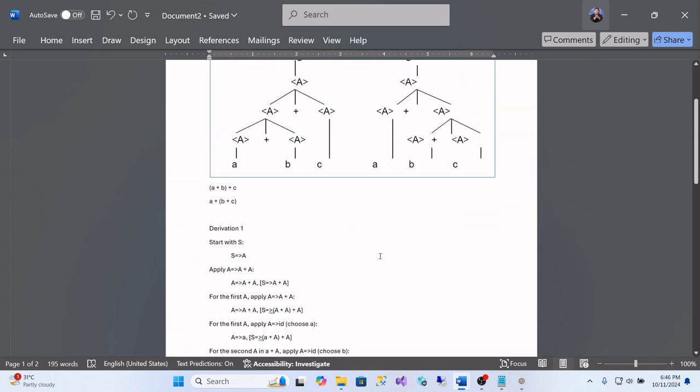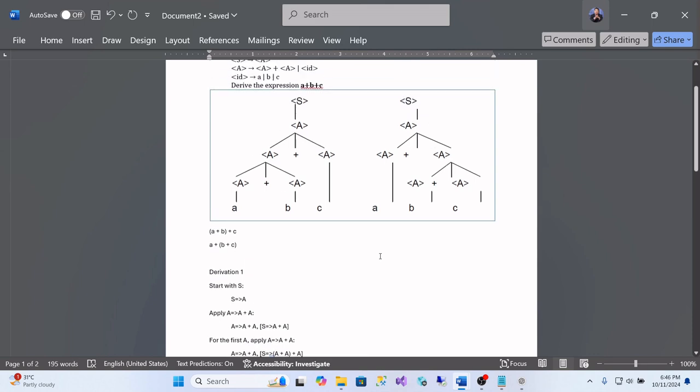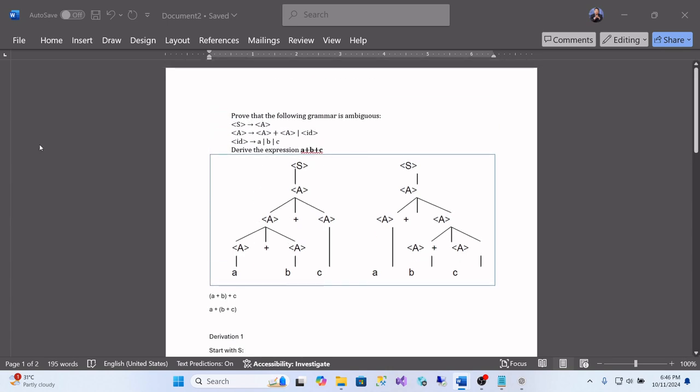We can conclude that the grammar is ambiguous. Then another reason why this grammar is ambiguous,